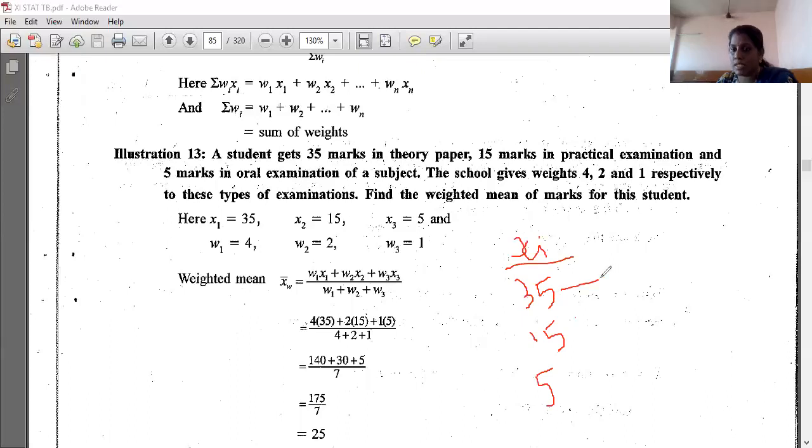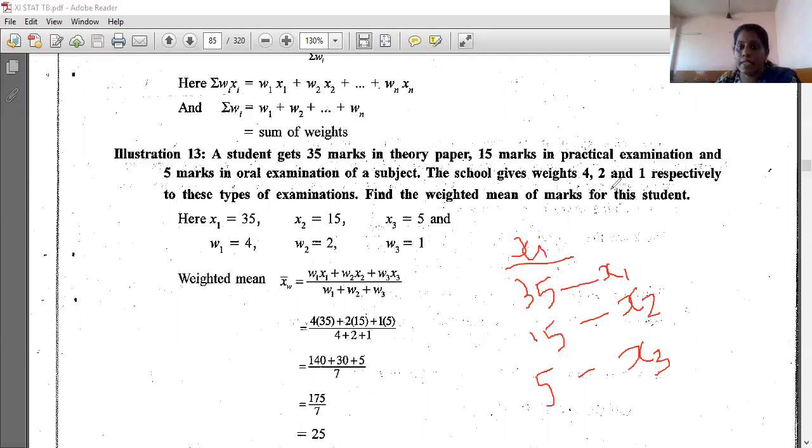We can't call all of these x, so we will give different names. The first one is called x1, the second one is called x2, and the third is called x3. Like this you have to do the sums. Under three observations, three numbers are given, so we will give a name for each observation. We can't call all of them x, so we have given x1, x2, x3.